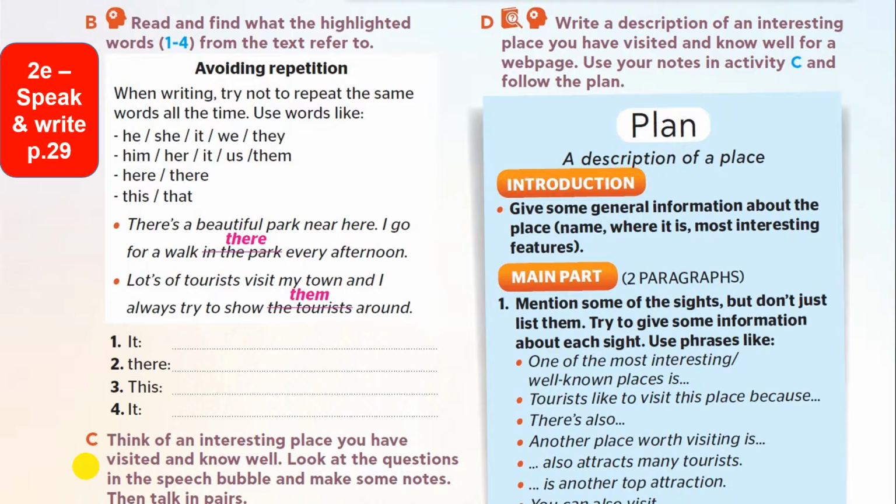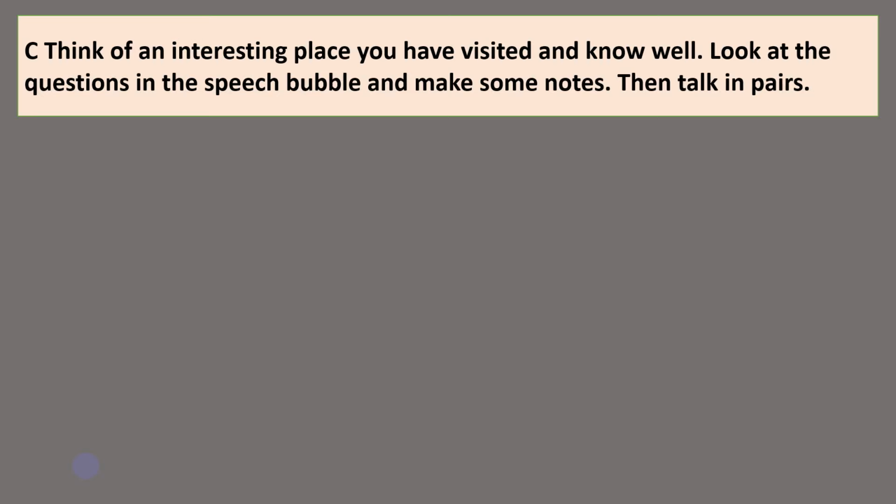Okay, then you are going to just continue with me in your book. We are again in exercise D. In the second paragraph, I should mention what visitors can do there. Use phrases like: you can, don't leave without, if you want to, another thing you can do is, you must also. So in the main part I have two paragraphs, and in the conclusion give your general opinion of the place. So this is how we will write. Keep this in your mind.